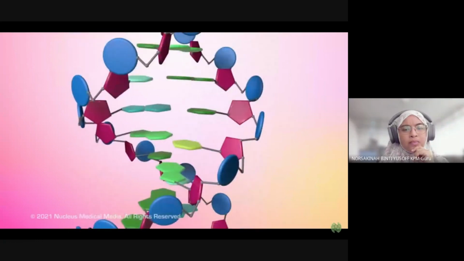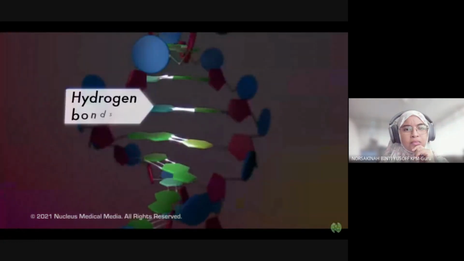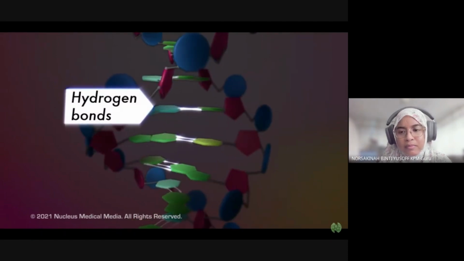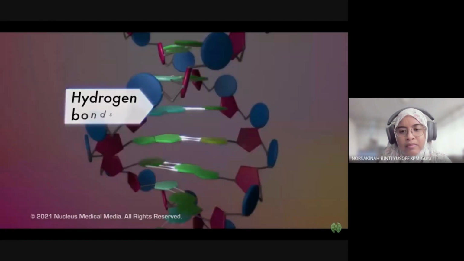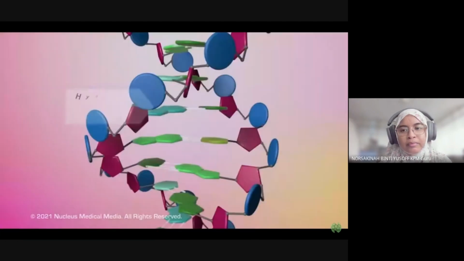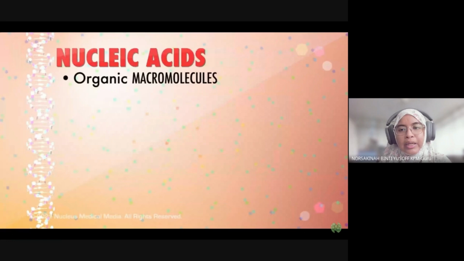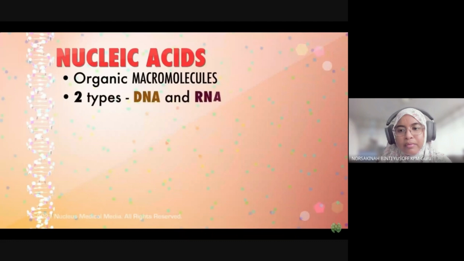The 2 strands in DNA are linked by a hydrogen bond that connects the nitrogenous bases from one strand to the nitrogenous bases from the other strand. In summary, nucleic acids are organic macromolecules. The 2 types of nucleic acids are DNA and RNA. Alright, so